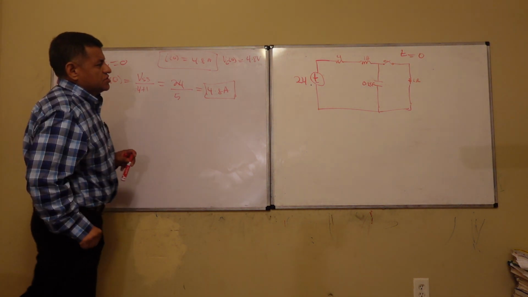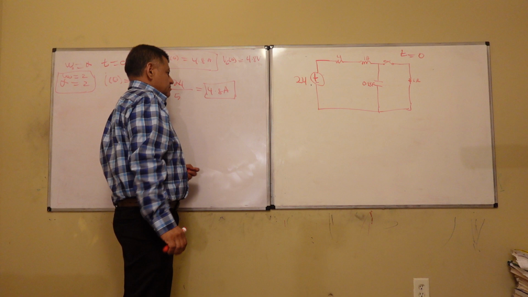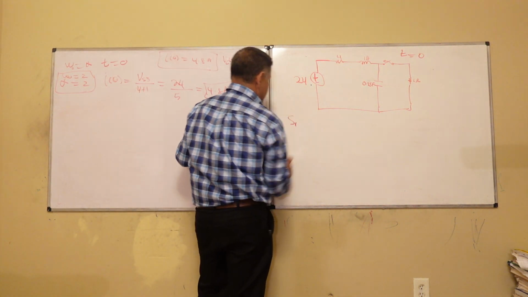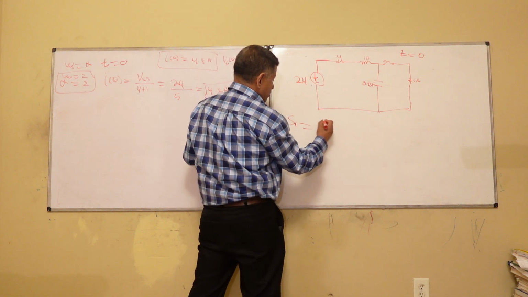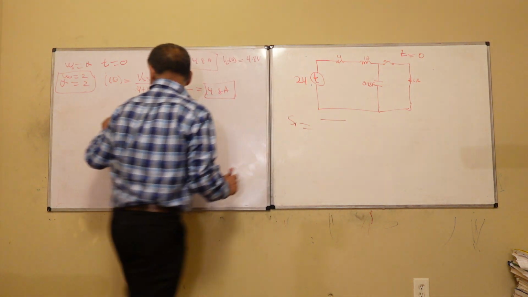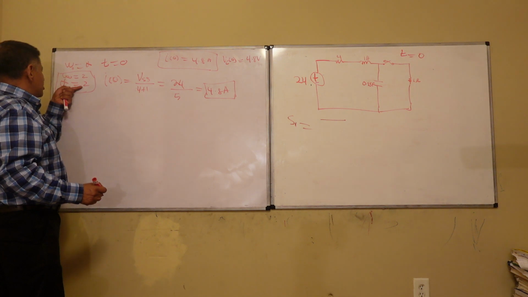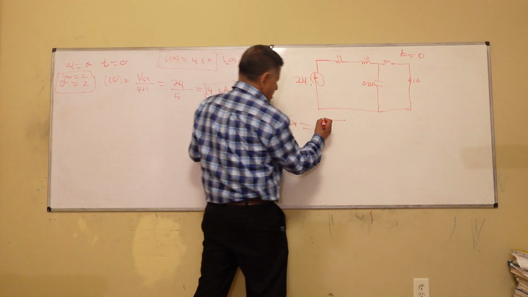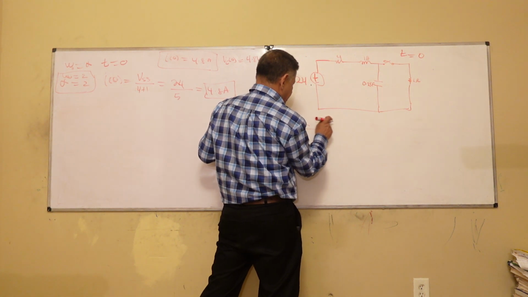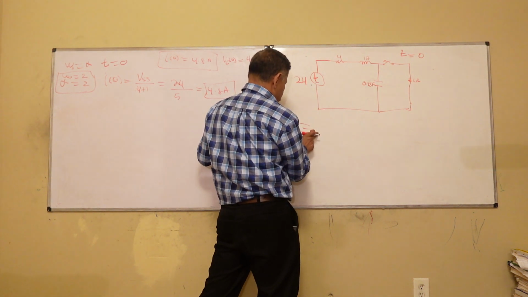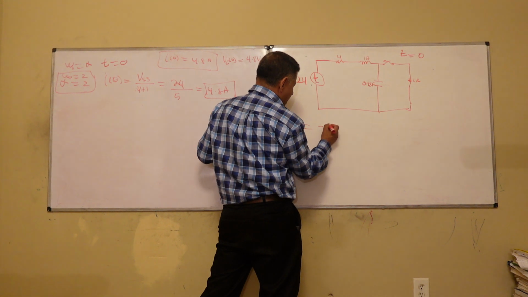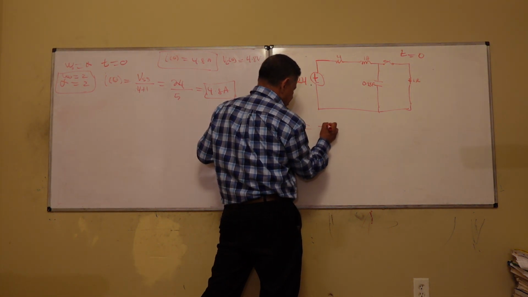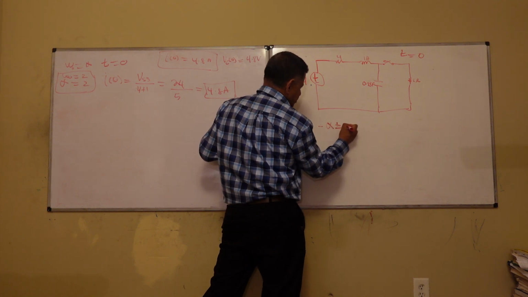So we need to find S1. S1 is going to be equal to, if you think about this with what we learned last time, you should be analyzing already what is going on. S1 is equal to negative alpha plus or minus